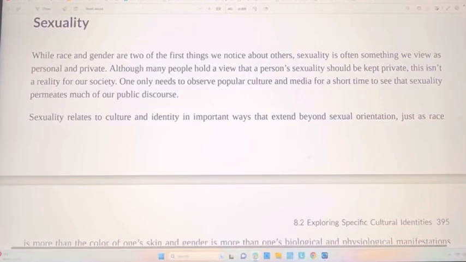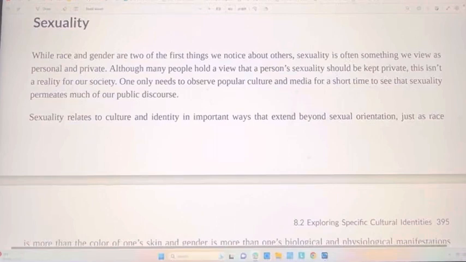Sexuality. While race and gender are two of the first things we notice about others, sexuality is often something we view as personal and private. Although many people hold a view that a person's sexuality should be kept private, this isn't a reality for our society. One only needs to observe popular culture and media for a short time to see that sexuality permeates much